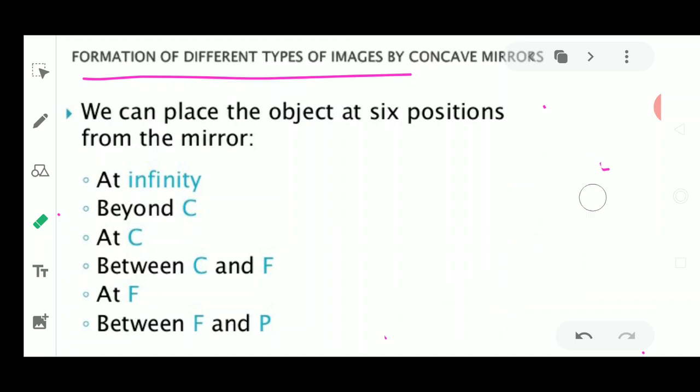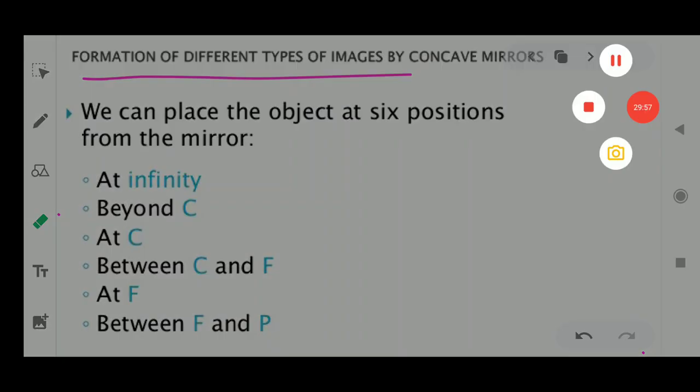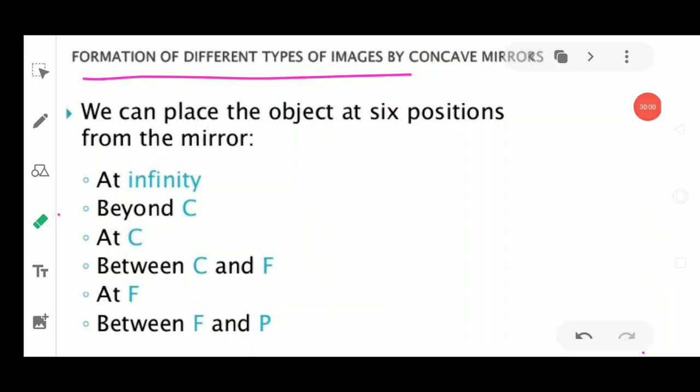So keep these points in mind: wherever the two light rays meet, the image will be formed there. Secondly, the position of the object matters in the ray diagram. And thirdly, all the rules should be followed, particularly the first two rules which I told you. According to the rules, we are going to draw the ray diagrams of the concave mirror in the next slide. This is making use of the rules which I taught you just now.